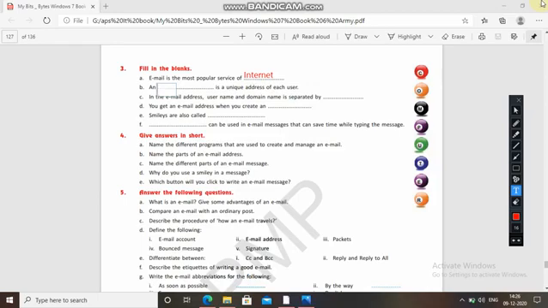Email is the unique address of each user. So here the answer is email. You will not write URL. URL is the address of the page, not the user.